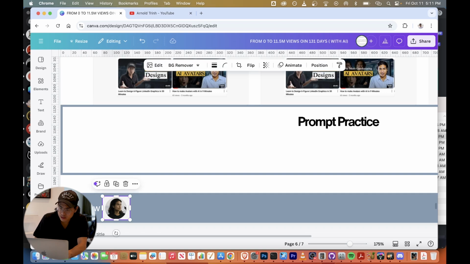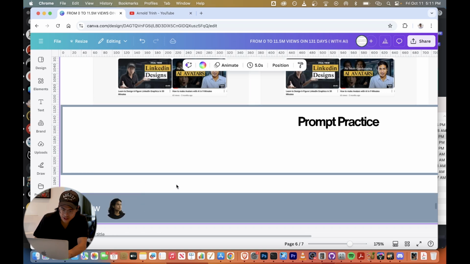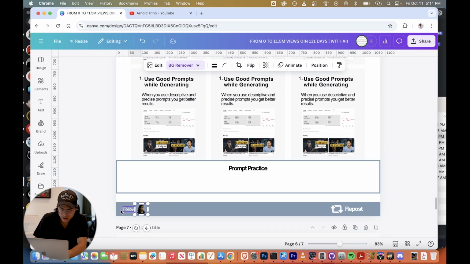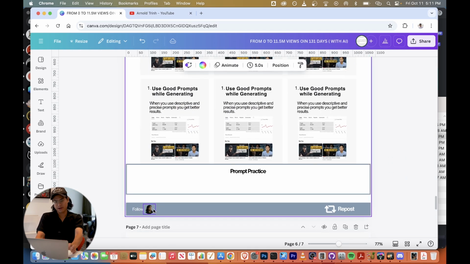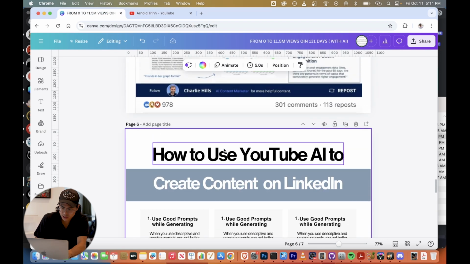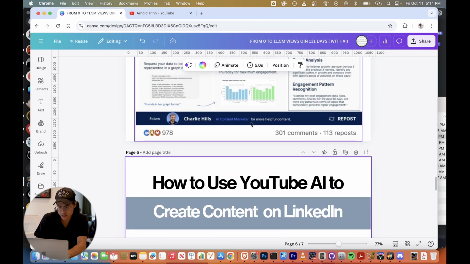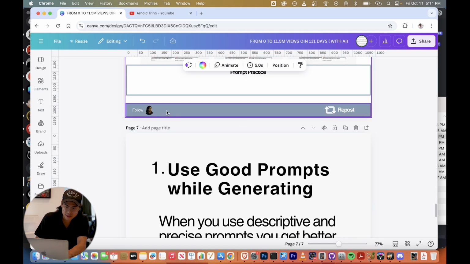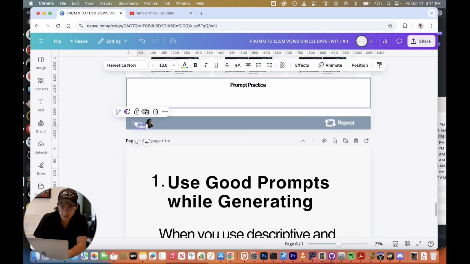Okay, so I actually will do the background remover. I think it has a cool look. So with the background remover, I removed the background, I have the follow, and then next to it, I'm gonna put the name, what I do, which I'm not an AI content marketer, or am I? I guess I am. Depends on what market we're delivering on, right? So for here, I'll put my name, Arnold Trin,